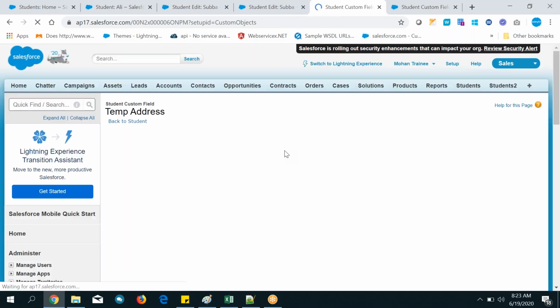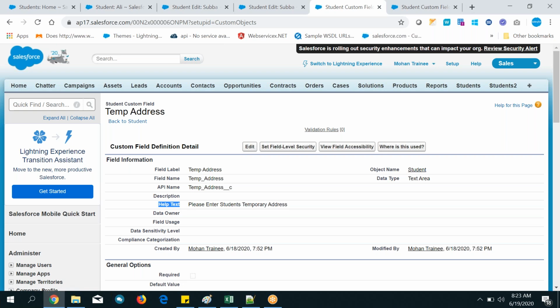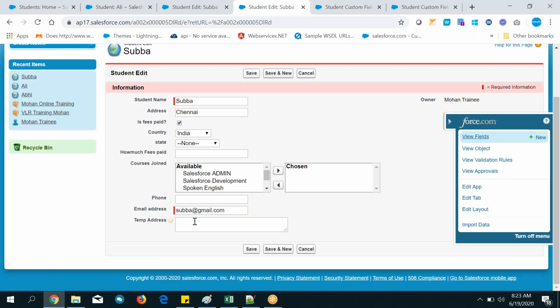So open this field. In the help text, I have provided this one. So that is the reason the question mark is there. It is helping business people to enter proper data. Okay, to enter proper data. So let's see, as provided, Australia, right? Like that. Yeah, I can do it. Melbourne.